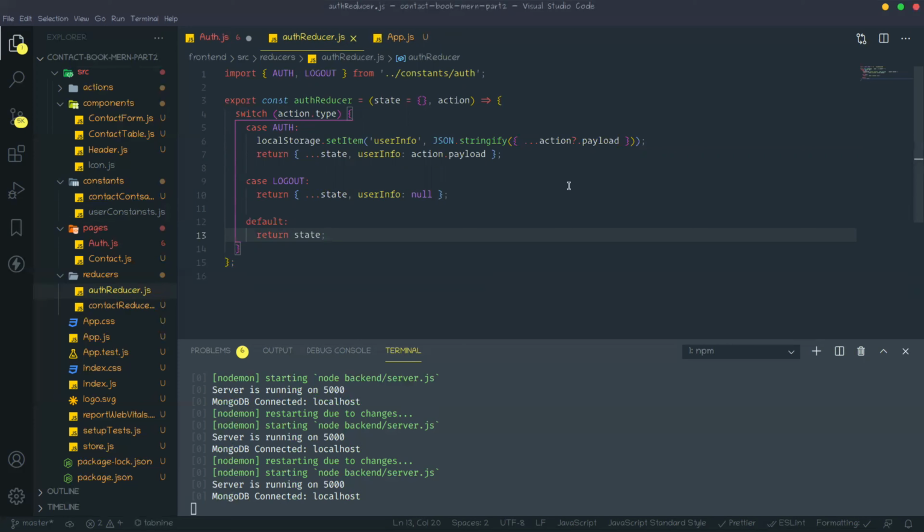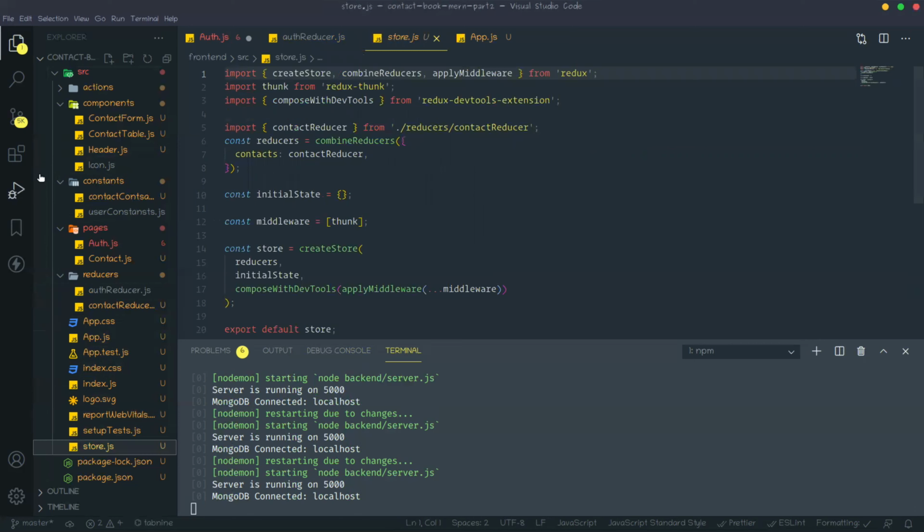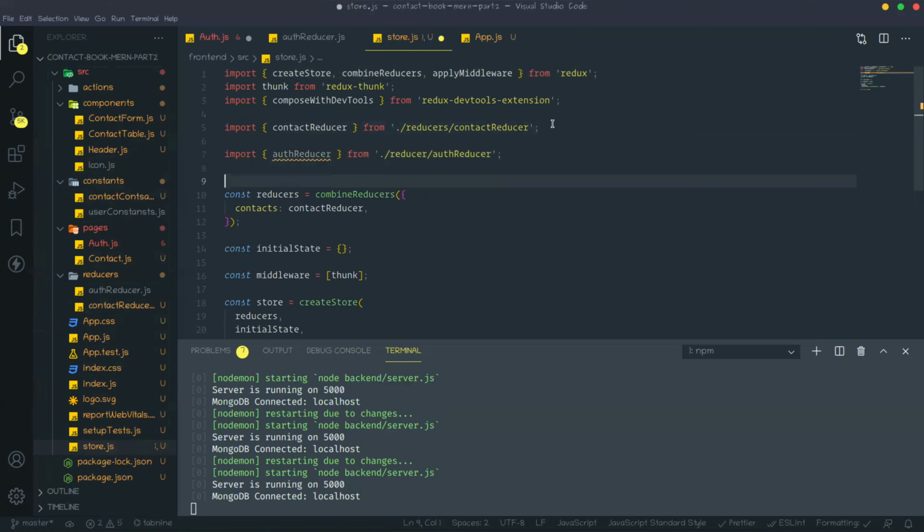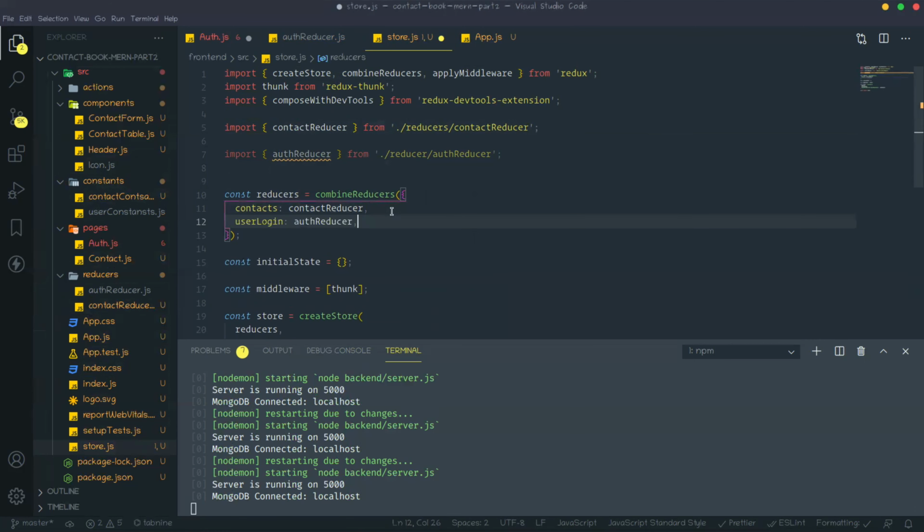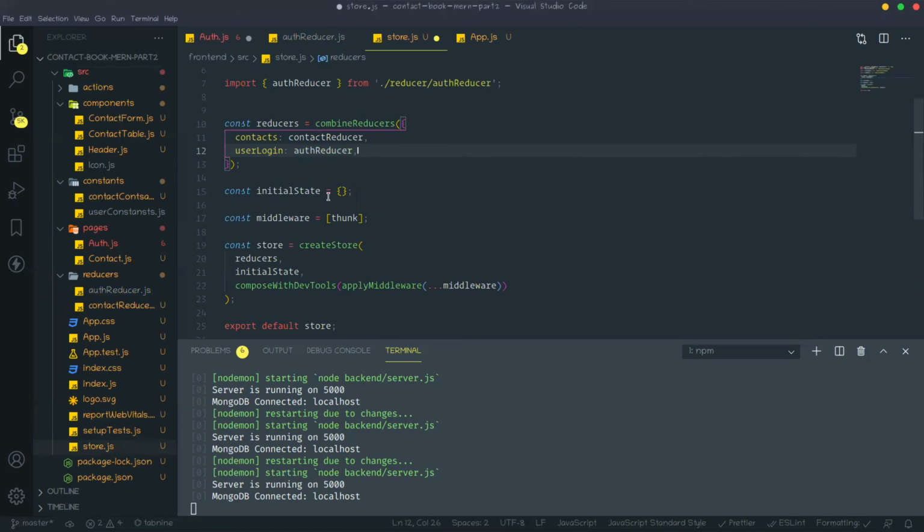Now we need to go to the store.js file. Here we need to bring that reducer. Okay, so in this store.js file, first import that. Next we need to combine the reducer, so I can say user login. I have already told about the initial state: if I am using login function authentication, then we need to get that data from local storage and set it as the initial state on Redux.